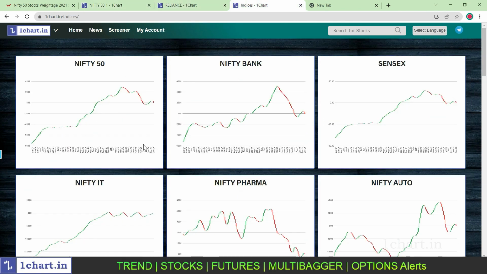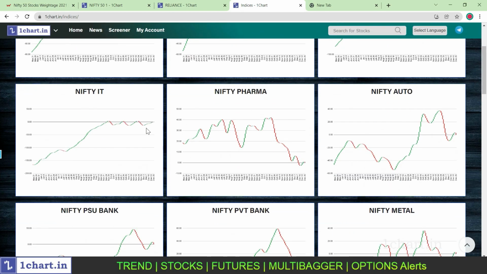Now I am going to test all indices. Nifty 50 in the red candle, Nifty Bank red formation, Sensex red formation. IT, this is a consolidation phase. IT only in the consolidation. So it forms a channel or flag pattern. So only IT stocks, Wipro, TCS like that, only just 1% fall. Remaining all other stocks are 2%, 3% falling down.